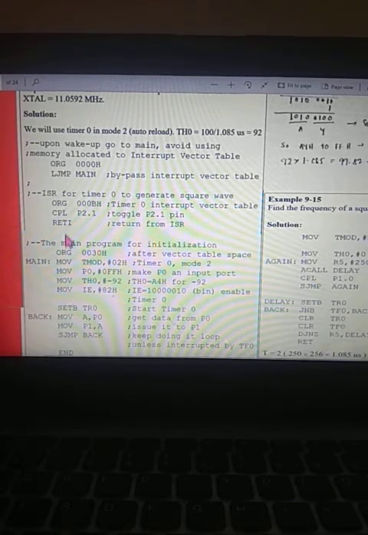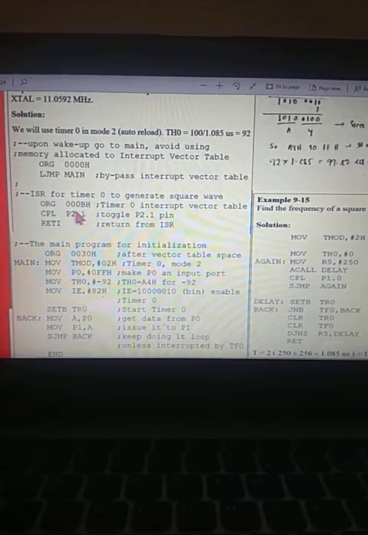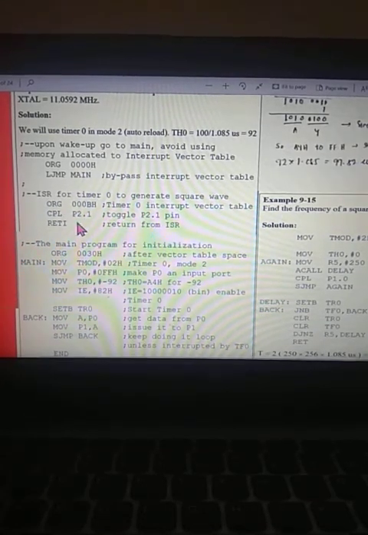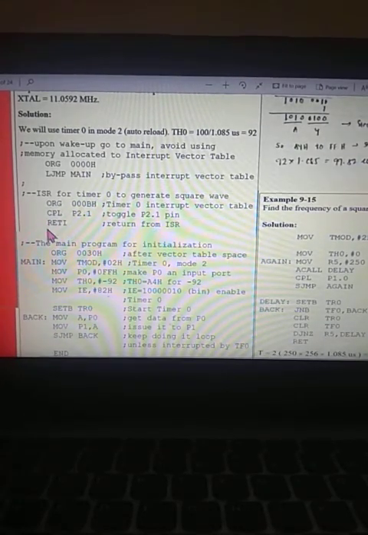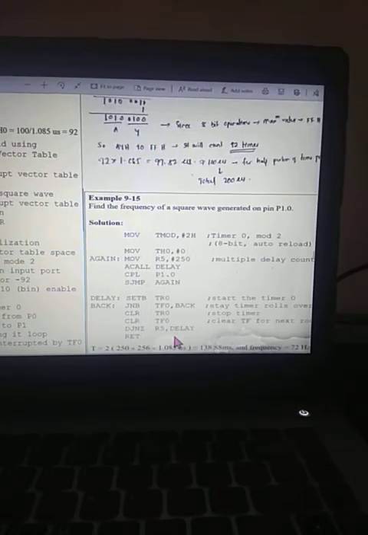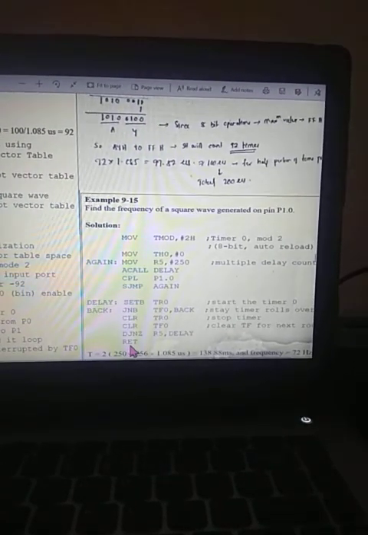So here you can observe that there is no requirement of CLR TR0 or CLR TF0. Once you are facing RETI, it will automatically clear TR0 and TF0. But in the case of the previous program, once you are facing RET, you have to manually clear TR0 and TF0.